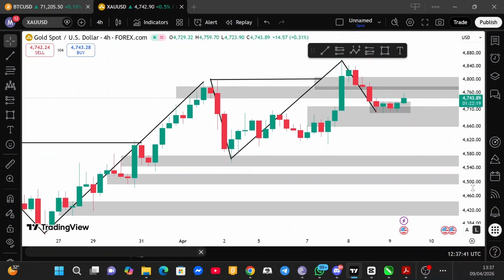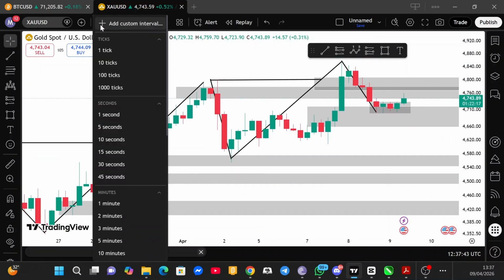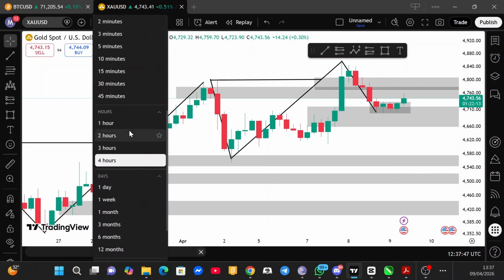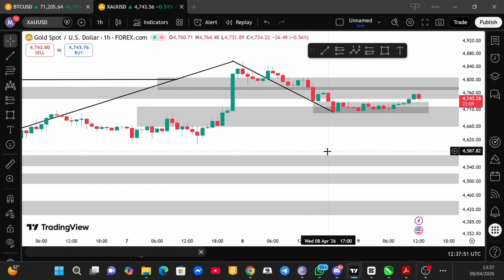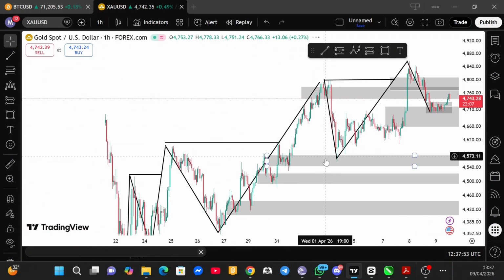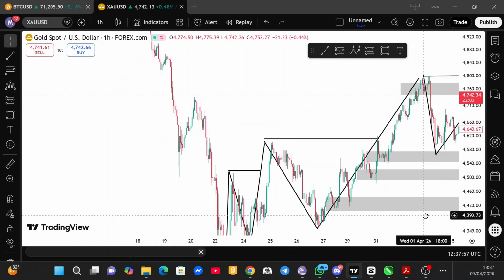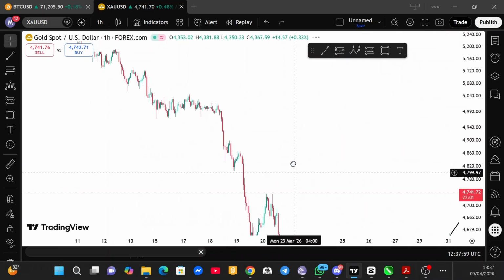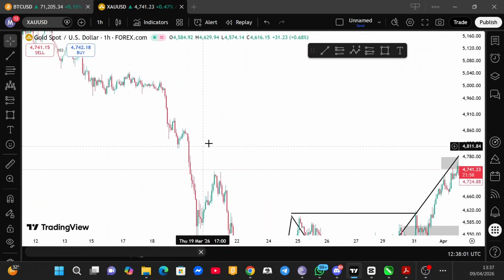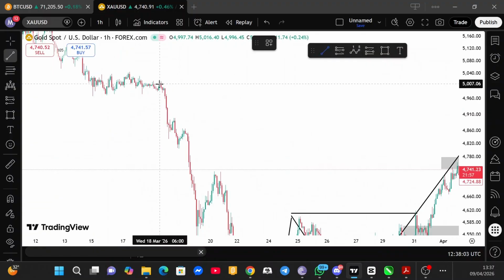Okay, now let's look at the lower time frame. Let's look at the 1 hour time frame market structure. So this is what it looks like on the lower time frame. So you see when the market was in the pullback phase, you see what the market did, selling from this point to this point,